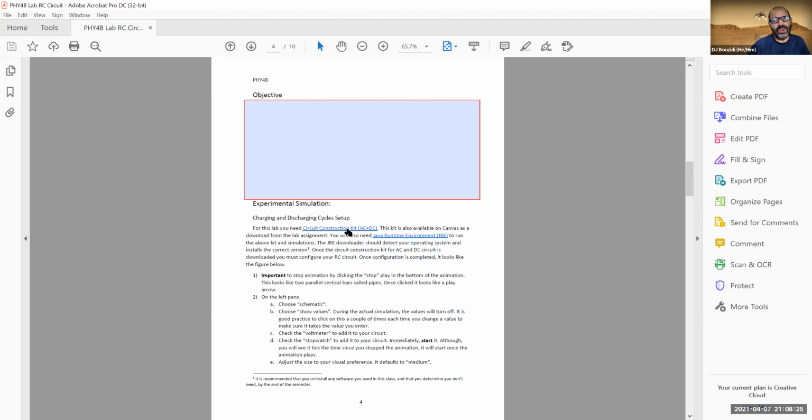But before you do that, please do not do this first. Do not try to install this one first. Because what I have seen happen in the past, people start with this one first. Your computer doesn't recognize this file, okay? Does not recognize this file at all, which has the extension